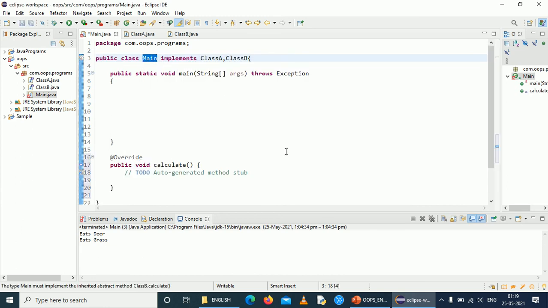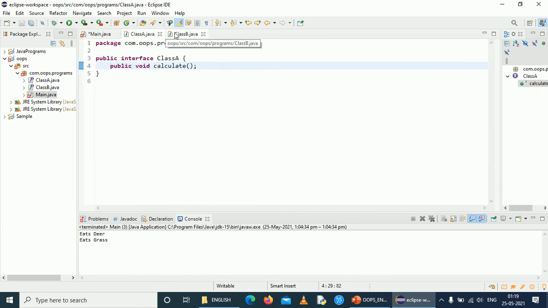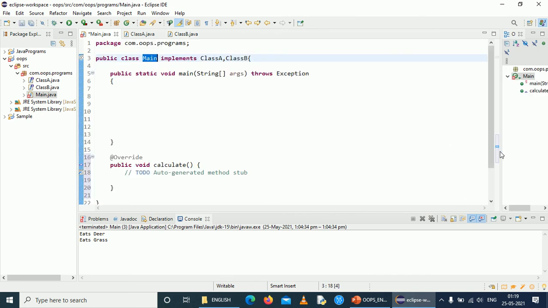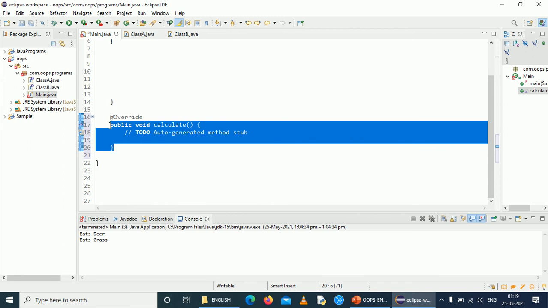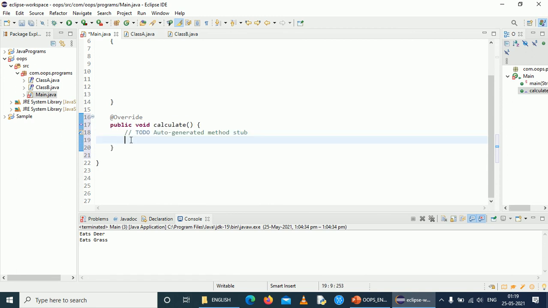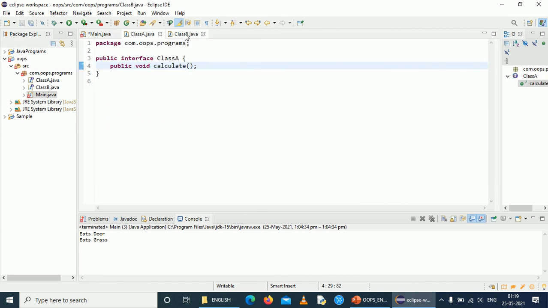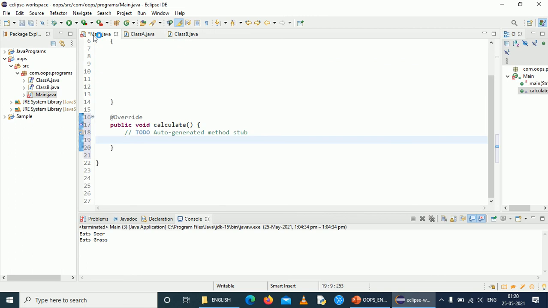We have two interfaces, and both have only one method named calculate. Even though we have implemented two interfaces, it is enough to implement the calculate method only once. Implementing this method once will satisfy both interface A and interface B.